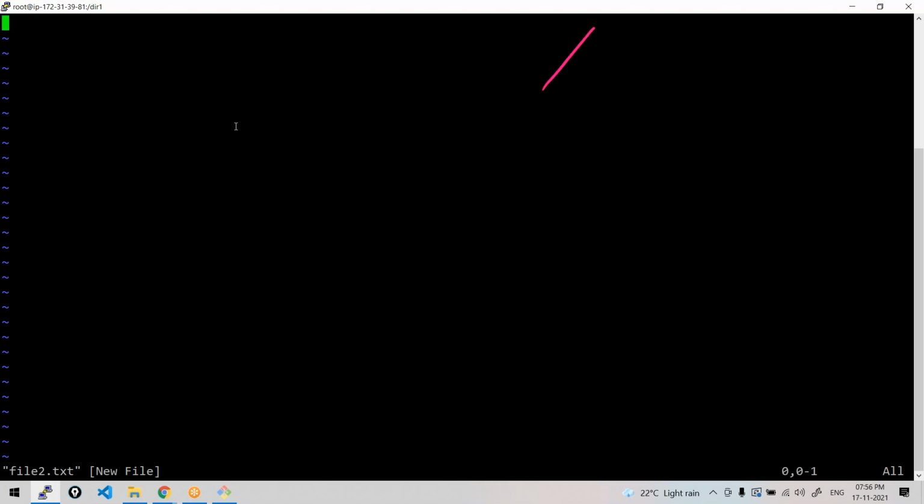Enter. See here, it has launched an editor. You may write something here, but it will not allow you to write directly. When it opens the file for the first time, it will be in command mode. Command mode means you cannot type anything. What you have to do is press escape, then colon. When you give colon, it will be typed at the bottom of your page.